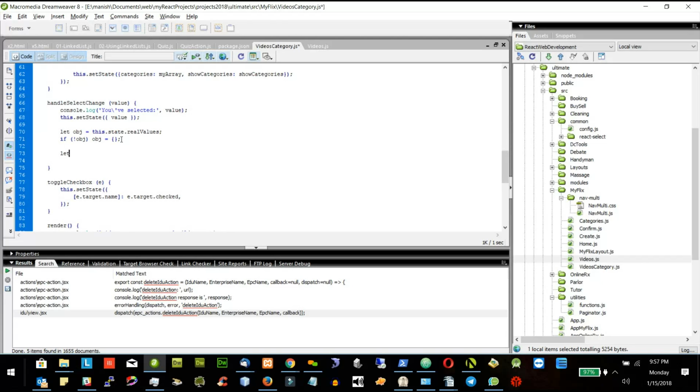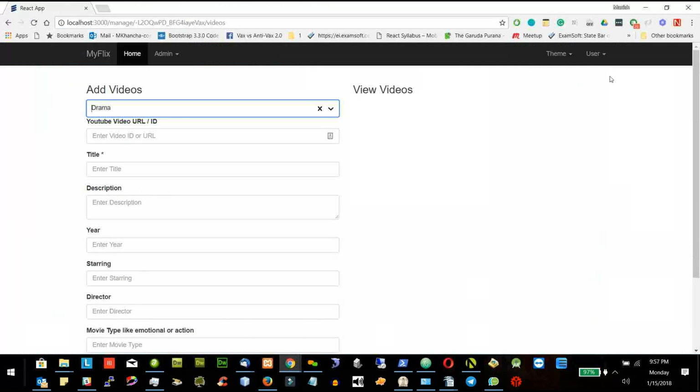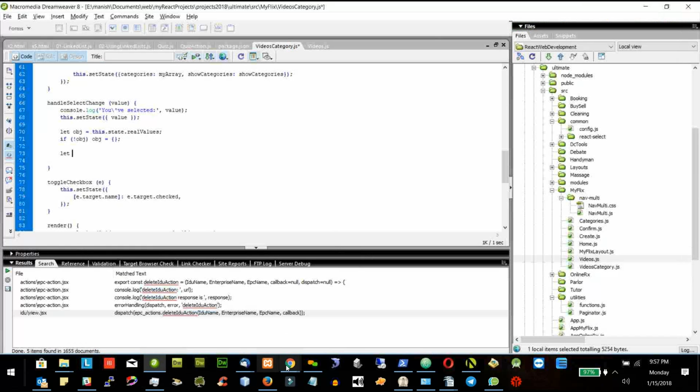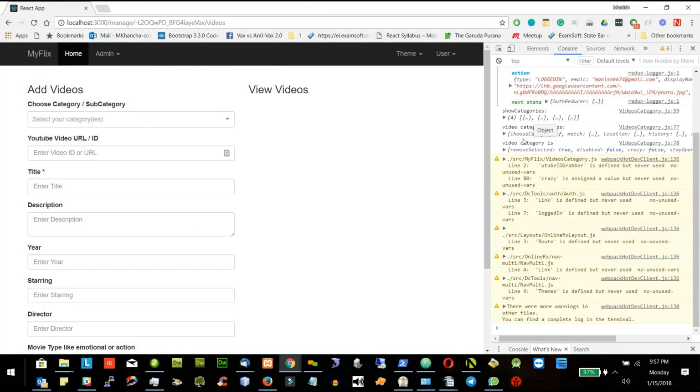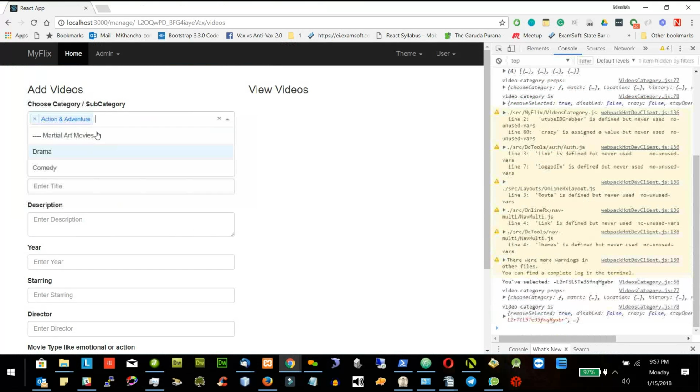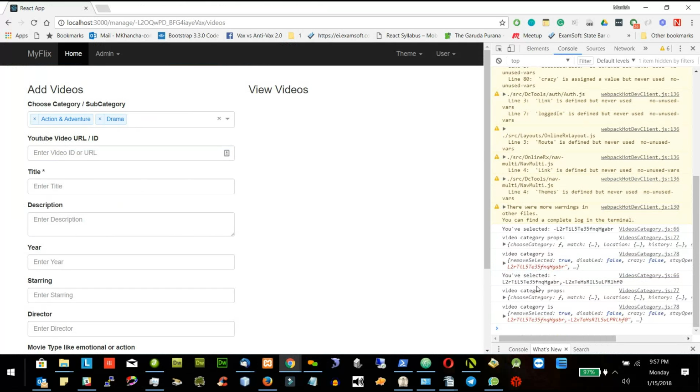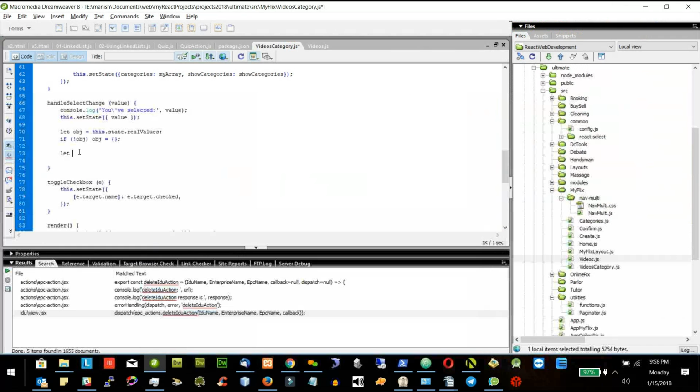And now I will create one variable. If you see the value, let's select a value and let's select another value. You will see the values are comma separated. So if I want to extract this one, I have to get it in an array, not comma separated. Let's see if I do console.log of